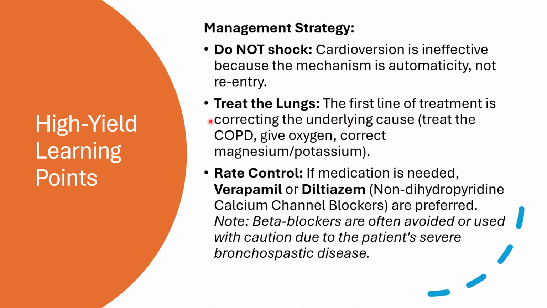So, for example, we treat a COPD exacerbation by giving oxygen and bronchodilators, and rate control. If needed, we could give calcium channel blockers like verapamil or diltiazem. These are preferred because beta blockers are usually avoided in patients with underlying lung diseases like COPD to prevent